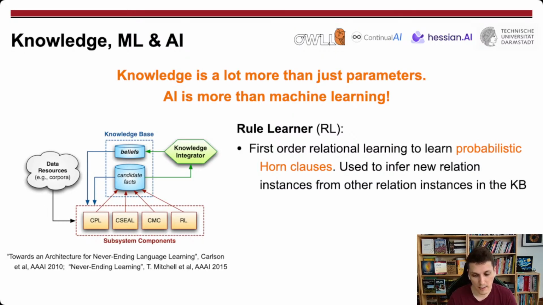Most interestingly, I think, before we come to how this is all integrated, and this is something you'll not really see in the very numerical optimization machine learning literature, is that there's a rule learner. And the rule learner learns first order relational learning to learn probabilistic horn clauses. So if you have